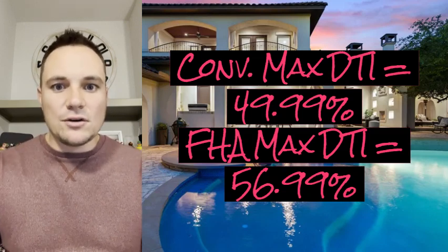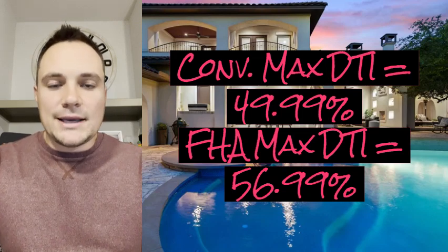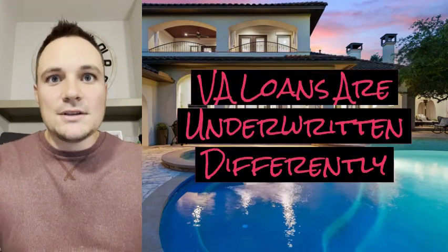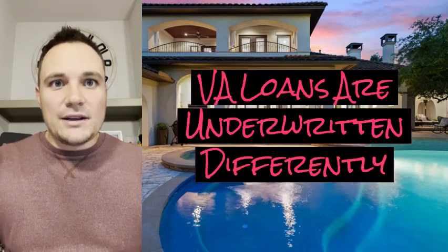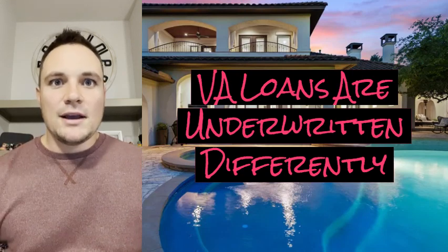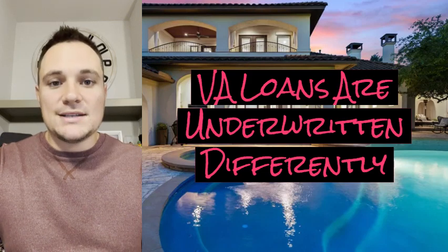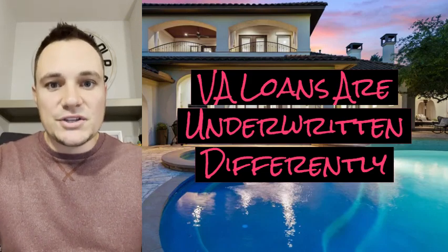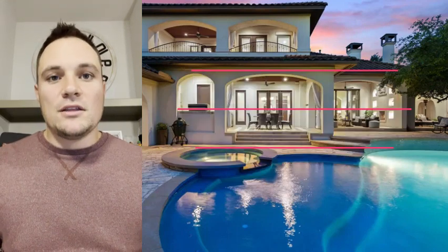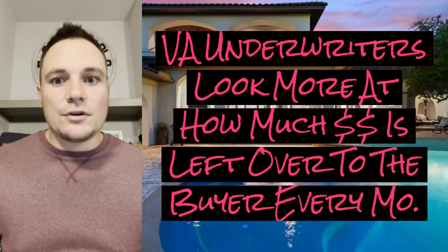I'm not saying every single buyer doing conventional and FHA is going to get a debt to income ratio up that high, but VA loans, as long as they don't have poor credit or a tricky situation that requires a manual underwrite, are underwritten off more of a residual income basis than on a percentage ratio like conventional or FHA. So in other words, the VA underwriter is looking at this and saying, okay, well, after you receive